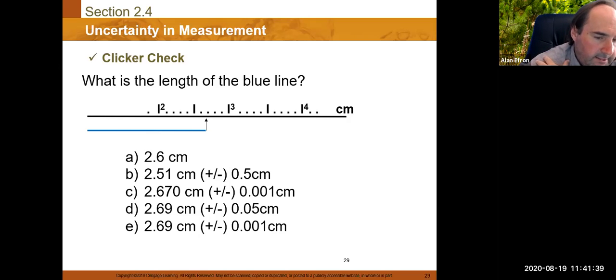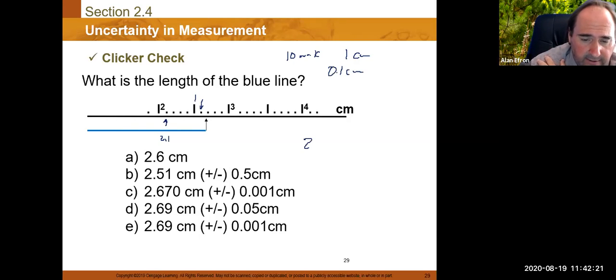Okay, so let's take a look. Again here, this is 2, this is 3. That's our big numbers. So for our small numbers, starting to count here, 1, 2, 3, 4, 5, 6, 7, 8, 9, 10 markings. So again, there's 10 markings between basically 1 centimeter, which means that each of those markings is 0.1 centimeters. So this first one here where my arrow is would be 2.1, 2.2, 3, 4, 5, 6, 7, 8, 2.9, and then 3. So no matter who looks at it, everybody should agree it is at least 2.5. It's at least